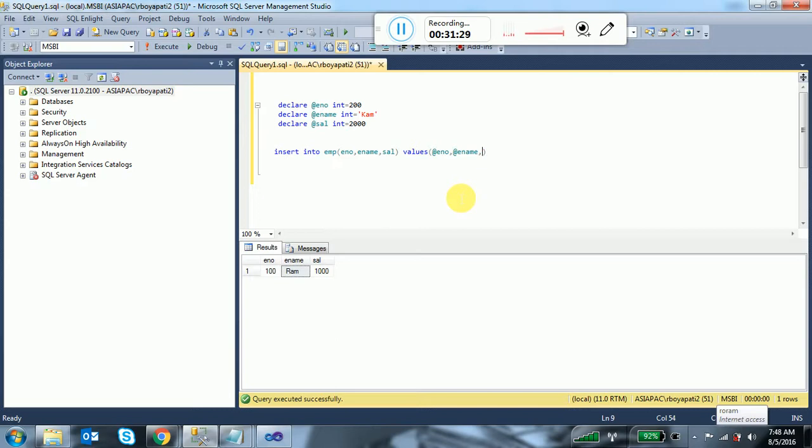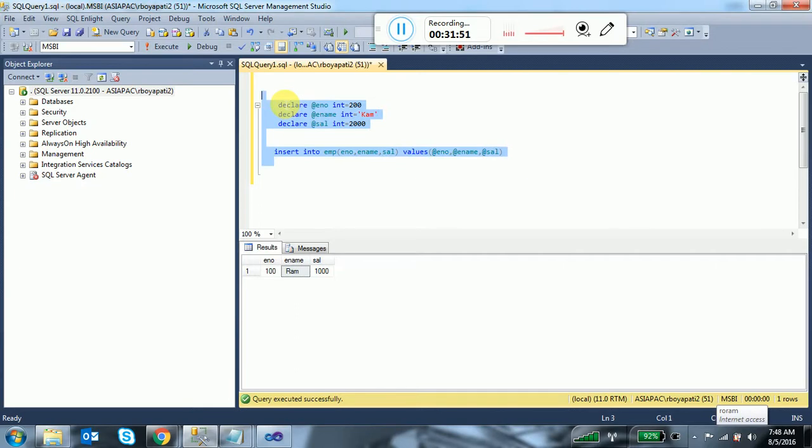So first you have to declare three variables in SSIS. How to declare three variables? You just right click, go to variables, add three variables. The first variable is employee number, the data type is integer, and the value I am going to keep here is 200.